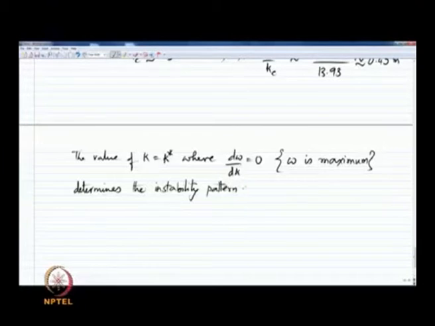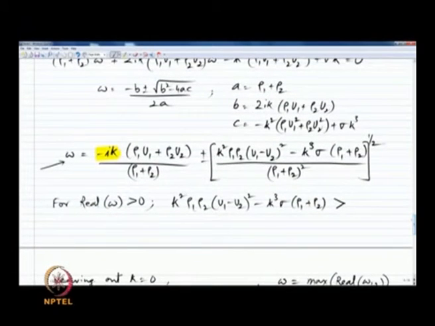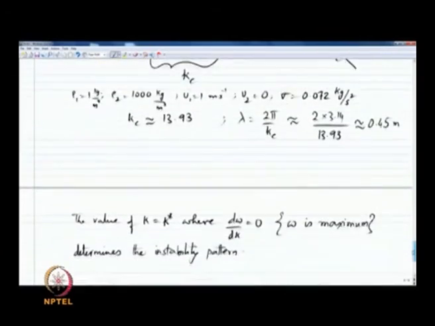The reason is a disturbance associated with a wave number k star outruns all other disturbances, because we are looking at exponential growth rate. So, if we take the dispersion relation that we have given here and differentiate it with respect to k,